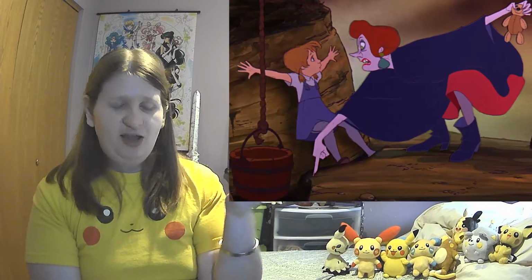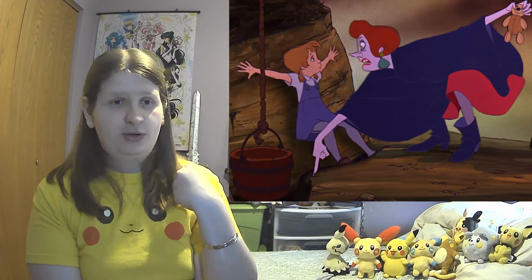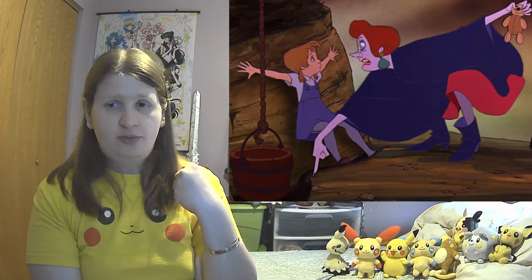But we have her just trying to butter Penny up. You're going to go down there and get my diamond and bring it back, and then everything's going to be so perfect. And then she grabs Penny's teddy bear and keeps it up there with her as a way of motivating Penny. And then they send her down into the hole, which,